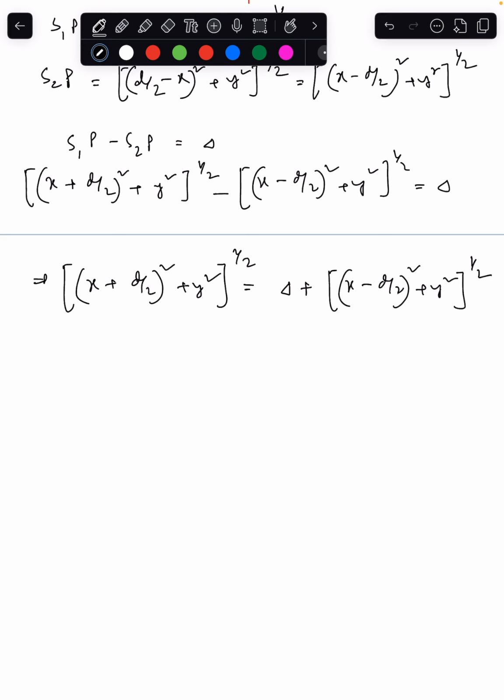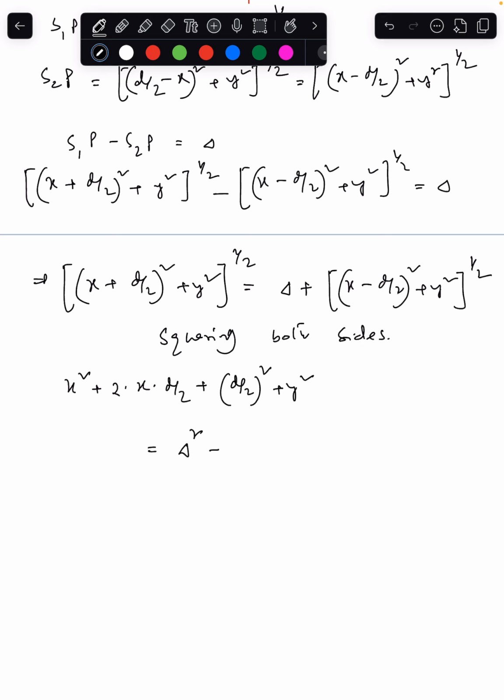If I square on both sides, so now what we are doing, squaring both sides. Let's see what we are getting. If I square on both sides, what am I going to get? I am going to get x square plus 2 into x into d by 2 plus (d by 2) whole square plus y square is equal to